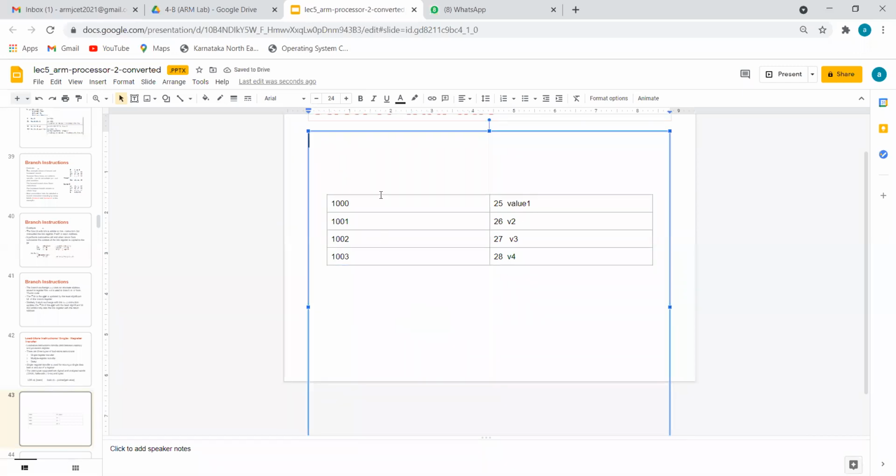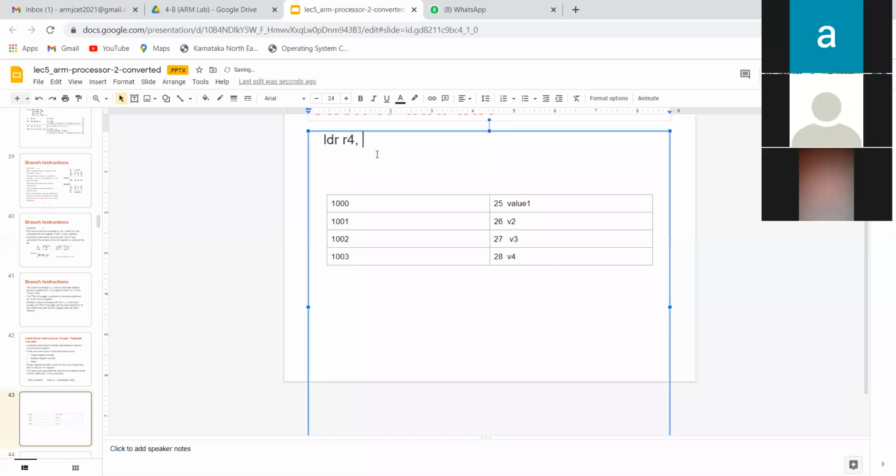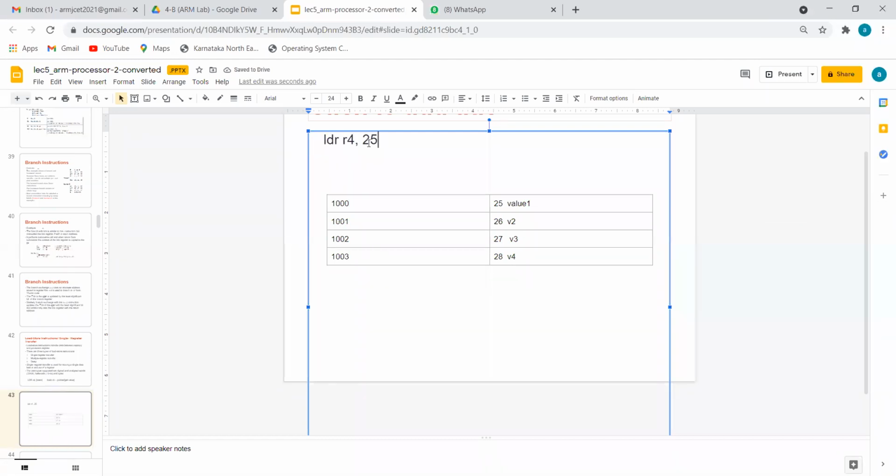Please concentrate. If I write LDR some register, comma, 25, it's wrong. Why? Because we are not allowed to use the value directly. So I have to use the value indirectly.